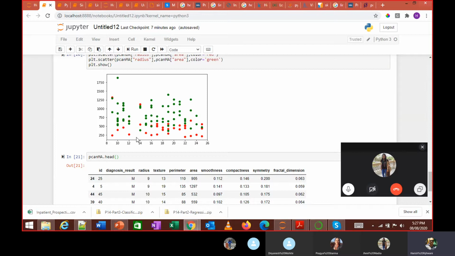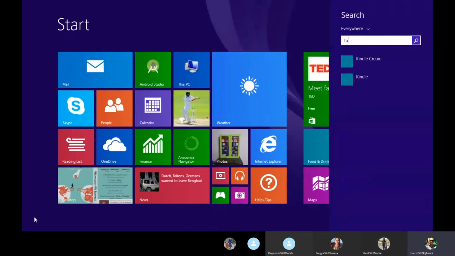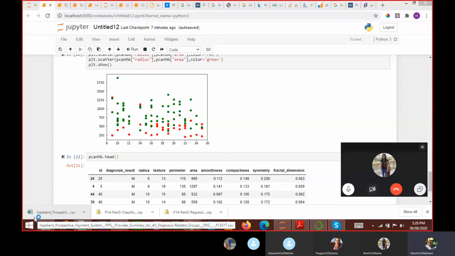You remember that iris diagram we saw in college? Yeah. There, you are able to easily figure out. This is actually a very good example of clustering, where just looking at the diagram, you can say that there's a high possibility that this person is benign or malignant. If I actually take this data, let me just show that to you. Since you brought this up, it's a very interesting thing. If I plot radius and area,